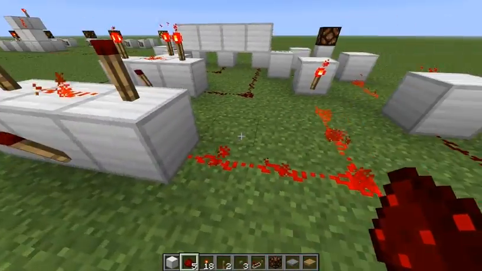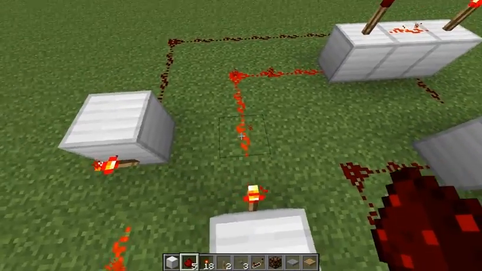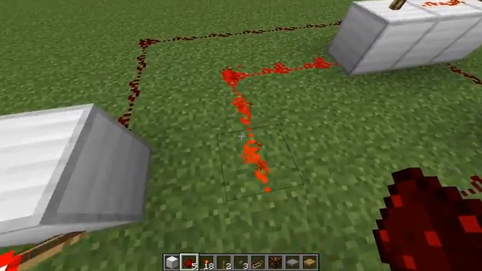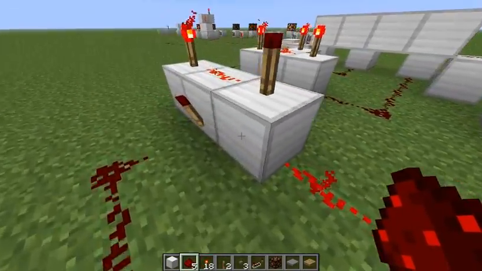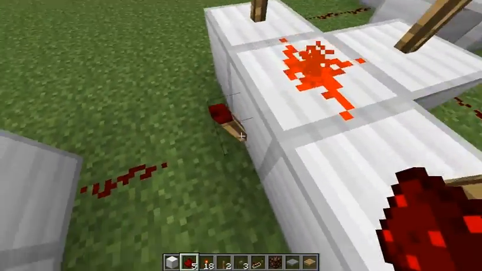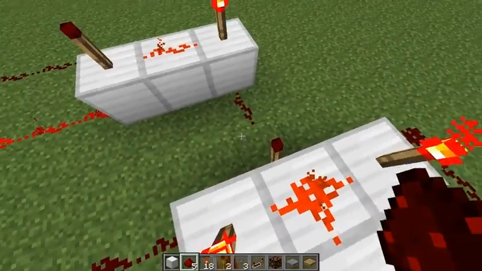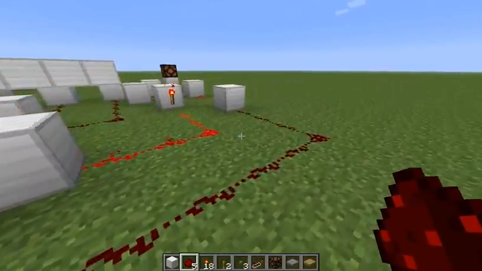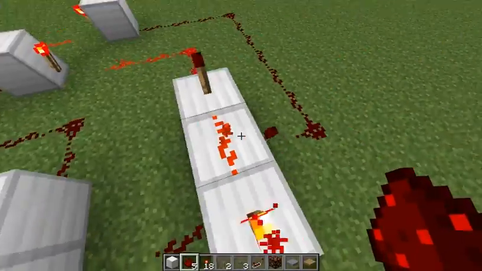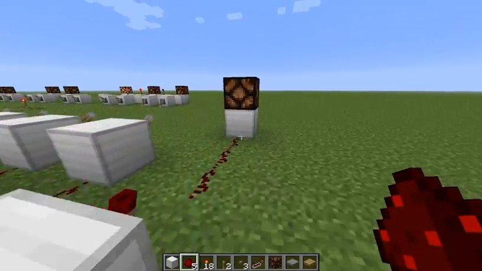So basically what that means is that they will both have to be off in order for this to be on. So you can't have one of those levers pulled because then the combination will be incorrect. And this, together with the output from the 3 levers that I want to be on, is going into another AND gate. And then that output will go all the way over here to this lamp,